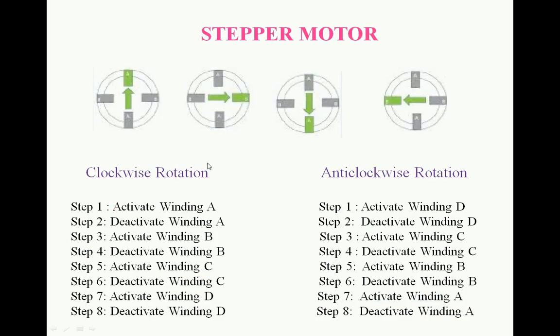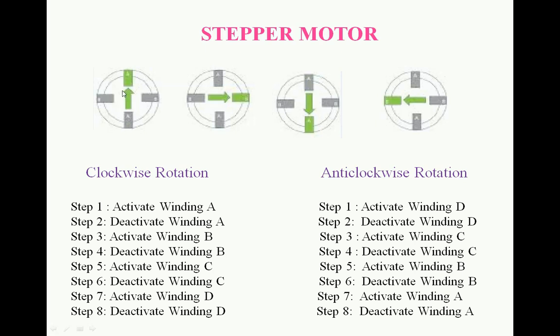And now coming to the first one, interfacing the stepper motor. First we understand what the stepper motor is. Here we are using a 4-phase winding stepper motor. A, B, C, D are the 4 windings we have: A winding, B winding, C winding, and D winding. First we activate the A winding, by sending a high signal to it. This stepper motor has a total of 4 wires. The first wire is connected to the A winding, the second to the B winding, the third to the C winding, and the fourth to the D winding, right?